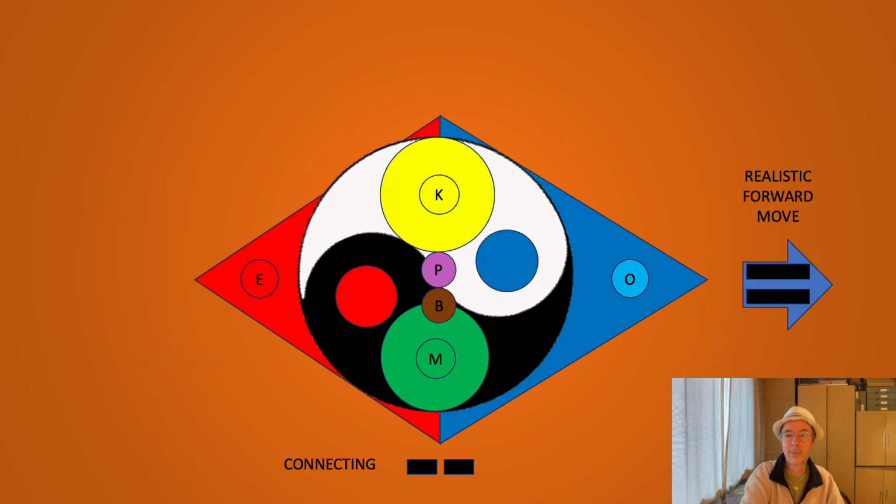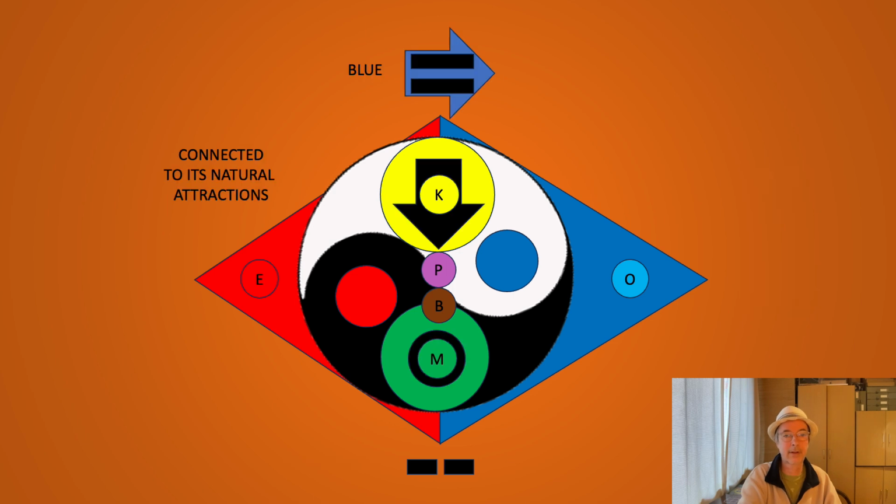So the realistic move forward is the blue part, of course, that I said, which is then connected, as you see, via the natural attraction in K, downward into the system. The K brings you into the system because it's incomplete and connects itself to the system. So it's again the yin position. So the blue part connected with K will of course be